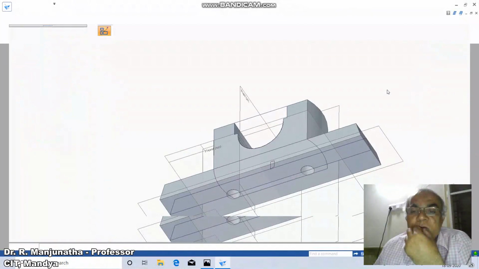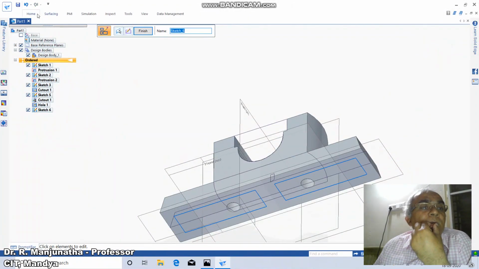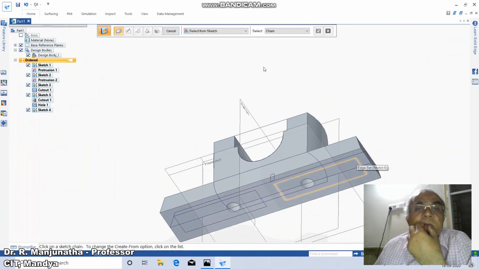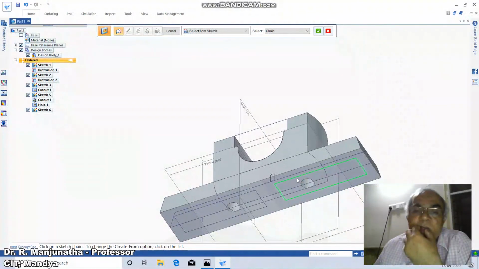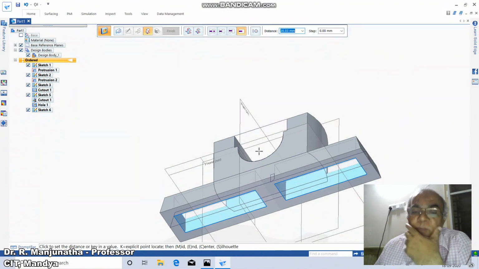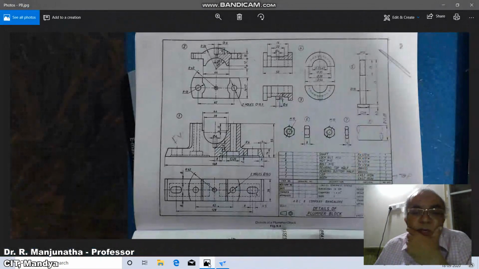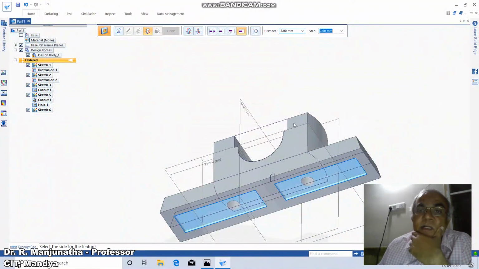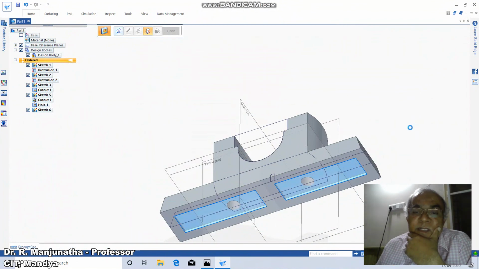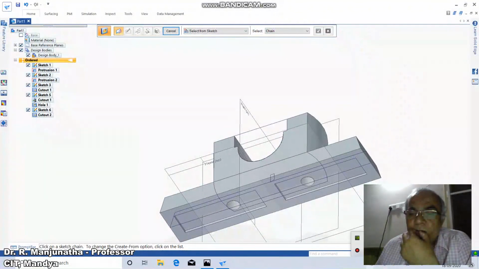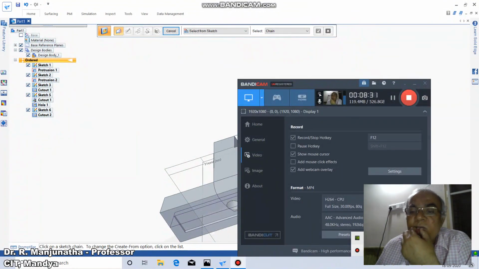So then click on cut, home, go to cut, click on this surface. So select from sketch on this and also on this, accept it. So what is the distance you want to remove? So the distance you want to remove is 2 mm. So you take 2 mm here, then it will be done inside. Then go to finish.